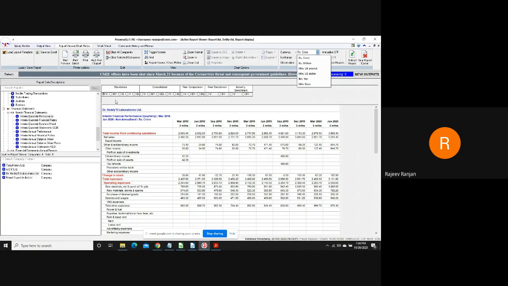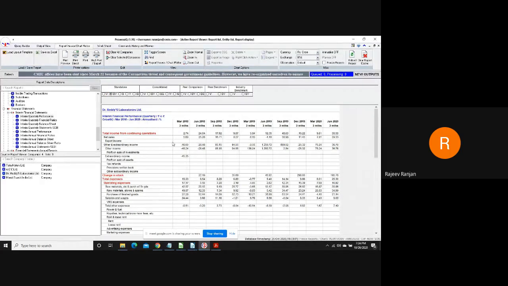There are other tabs available here, such as GY, which when I click here, gives me the year-on-year growth on those numbers. So this gives you the YOY. This is the June quarter performance of 2020 over the June 19 numbers. Similarly, when I click on G, it gives you the growth over the previous quarter.